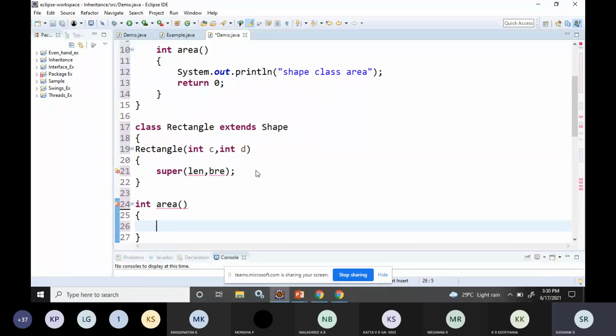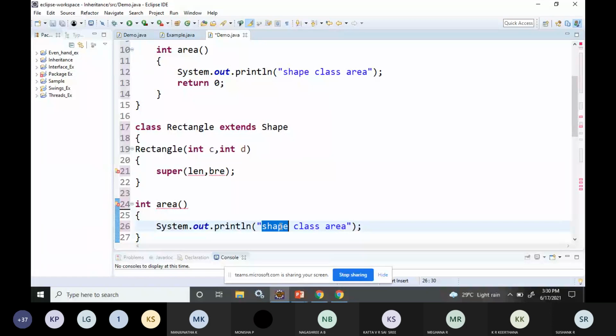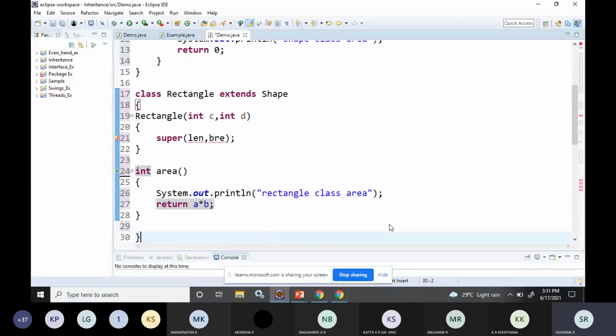Here I will calculate the area of a rectangle. This is the rectangle class area, just to identify it. To calculate the area of a rectangle, it is length into breadth. I've stored them in a and b, so return a star b will give me the length into breadth.